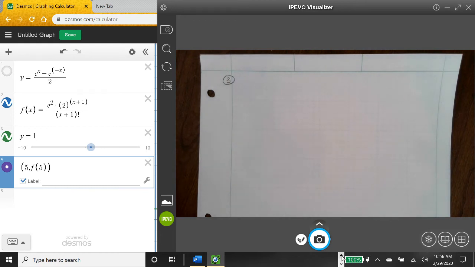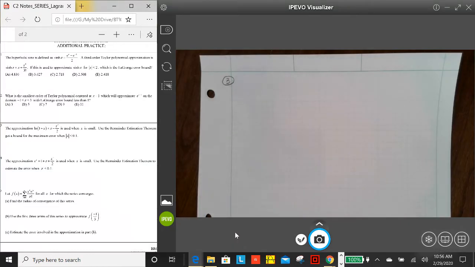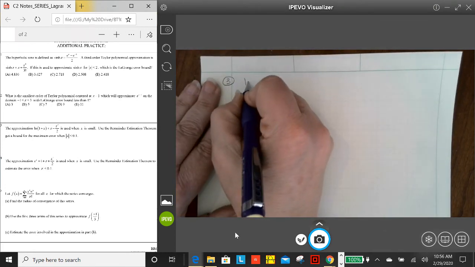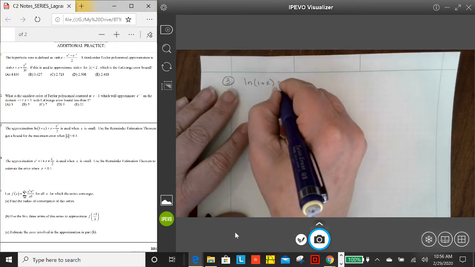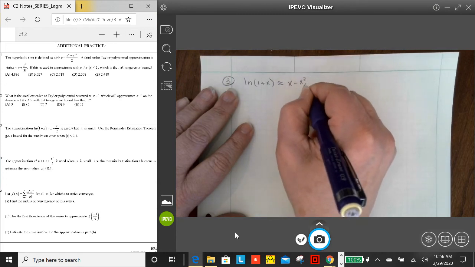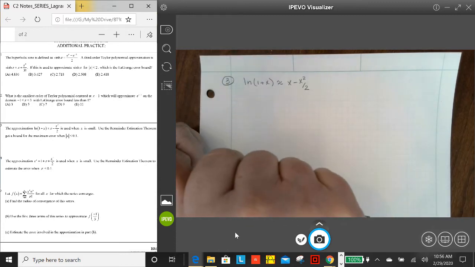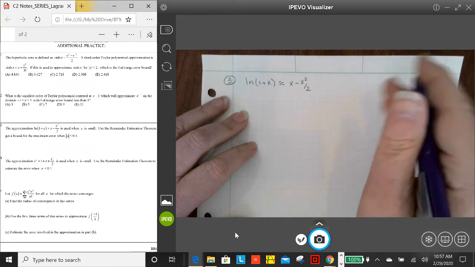Looking at the document, number 3 states the approximation for natural log of 1 plus x is using x minus x squared over 2. So they're telling us we're going to use a Taylor polynomial degree 2 for this approximation. It's going to be x minus x squared over 2. And it's used when x is small. So use the remainder estimation theorem, which is another way, or another